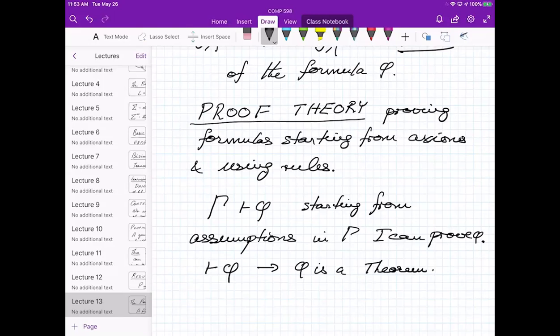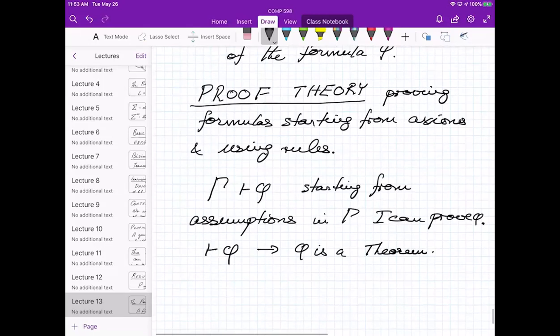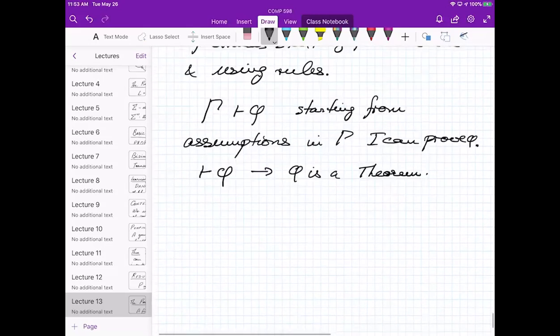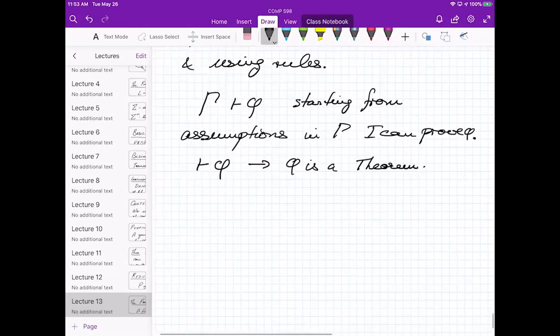Now, why do we confuse these concepts of proof and truth so much? It's because we have two grand theorems. In reality, we're interested in both, because the proof theory tells us what things we can establish through our rules.